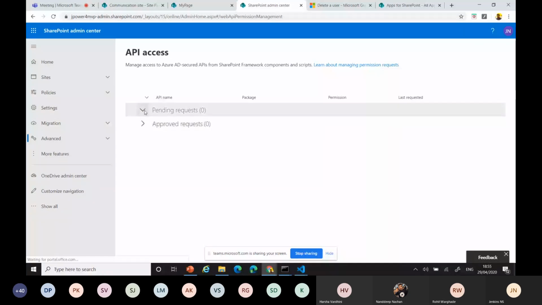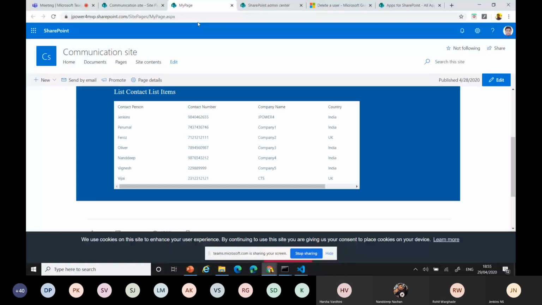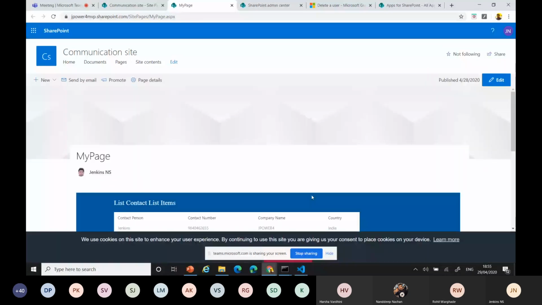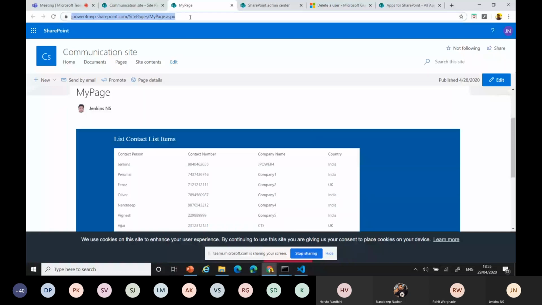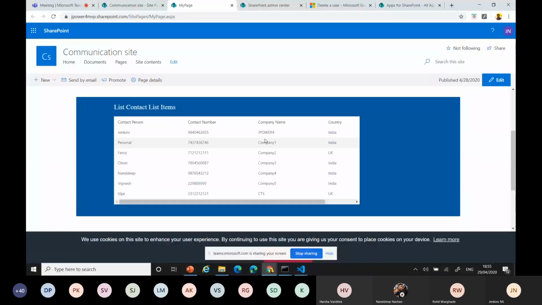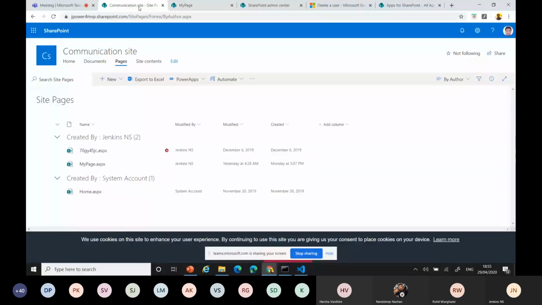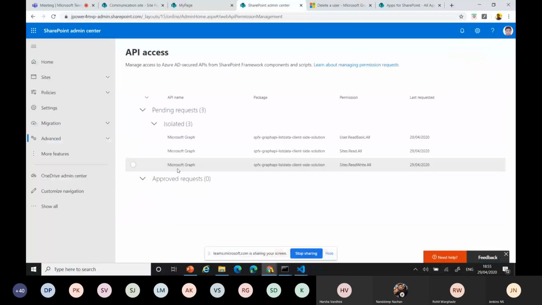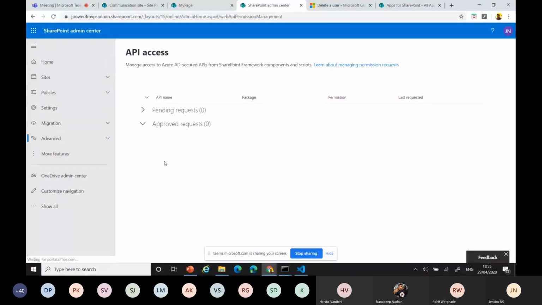After removing the permission, then you can access the page. It won't take the values. Once again, it's not applied immediately. But it's taking the permission. Yeah, now it comes under the pending part, right? Still the administrator has not granted permission. You can see it in the pending request because I've already removed it from the approved permissions.